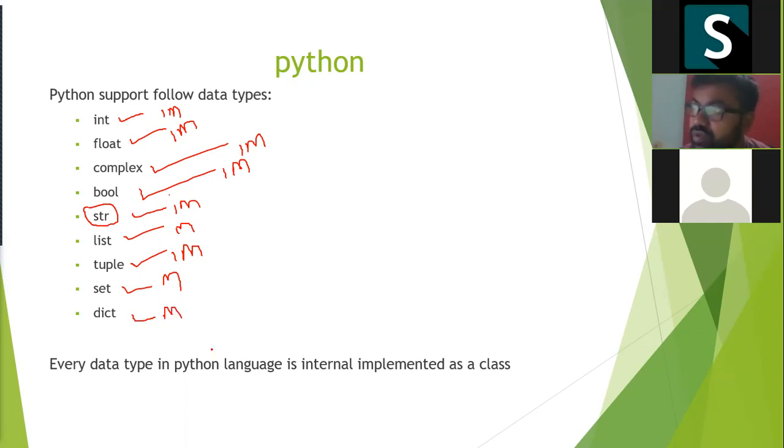So I'll explain about this. What are the fundamental and collection data types? We can divide these data types into two groups. I'll explain about those groups first, then I'll show you one example. Why we call it an immutable object, why we call it a mutable object. I'll give you a clear explanation about these data types today.